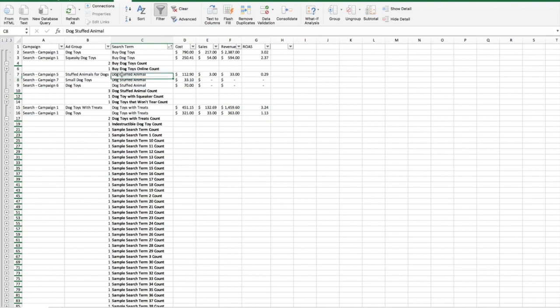If we look at this third one, the search term is dog stuffed animal. It has a few sales, really low return on ad spend. They may be looking for a stuffed animal that's actually a dog. They may be looking for a stuffed animal that looks like a dog. It's possible that the person wasn't sure if they should exclude it or not, but then you see here it's mapping to other ad groups, it's spending more money, it doesn't appear to be relevant overall, so probably should just